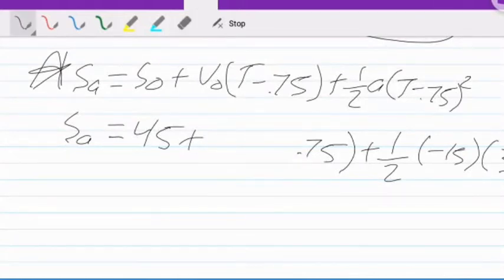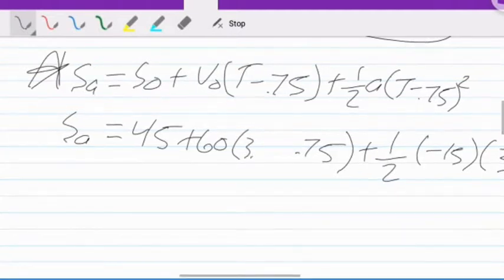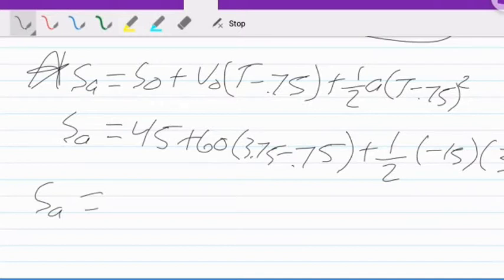We have 60 times 3.75 minus 0.75. So we have the displacement at A is equal to 45 plus 60 times 3, which is 180, plus 180